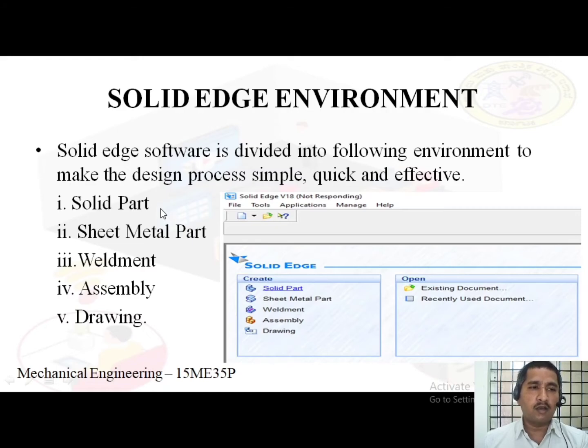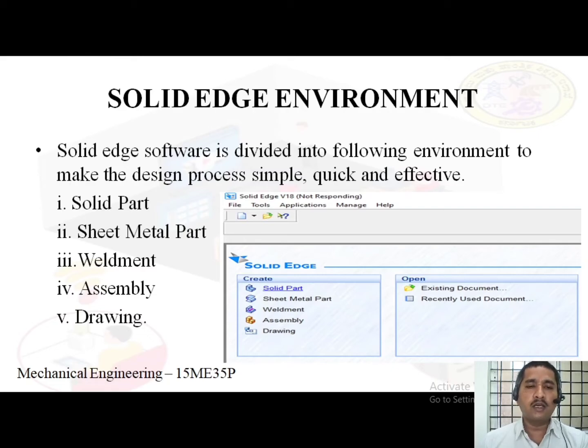The Solid Edge part modeling environment allows you to construct three-dimensional solid models with true features. Next, the sheet metal part environment is used to create sheet metal parts.